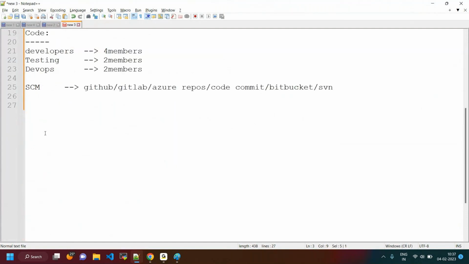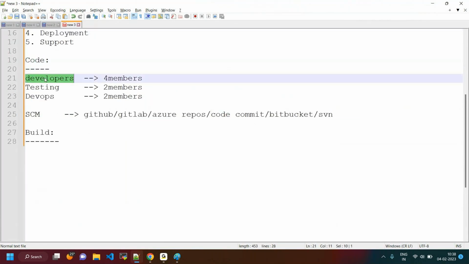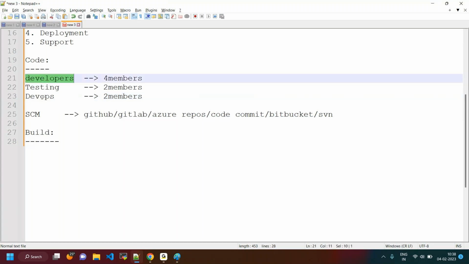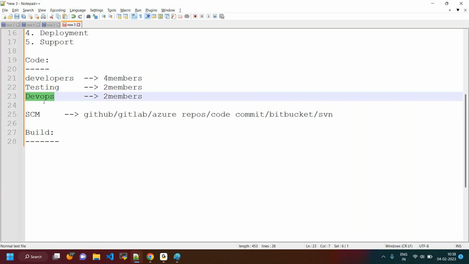Okay, so what is the code written by developers? If you give this particular code to the deployment team, as per our discussion, we have different teams. Developers have written their code. If you give this code to DevOps guys, they don't know anything about the development. By mistake, the DevOps or deployment team might make some changes, like keeping some dot. Unfortunately it happens, not intentionally. Something is done automatically, and they end up keeping some dot or something.